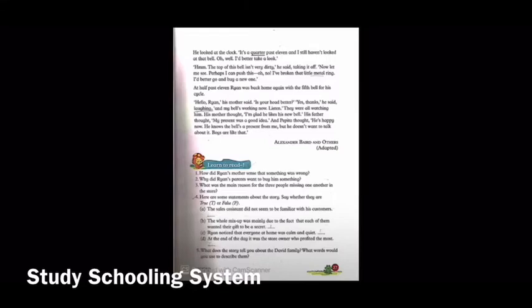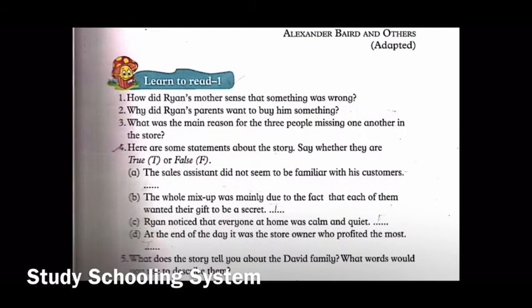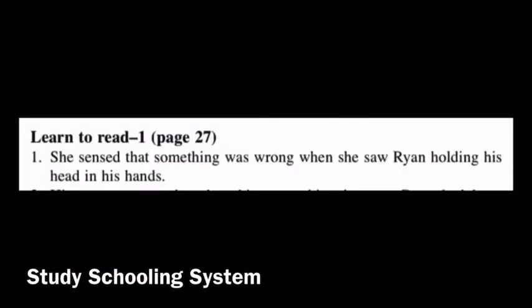Okay? So if you're ready, let's start. Question number 1 is, how did Ryan's mother sense that something was wrong? So when Ryan was on the table, why did his mother get worried? Because he had his head in his hands, right? So the answer is, she sensed that something was wrong when she saw Ryan holding his head in his